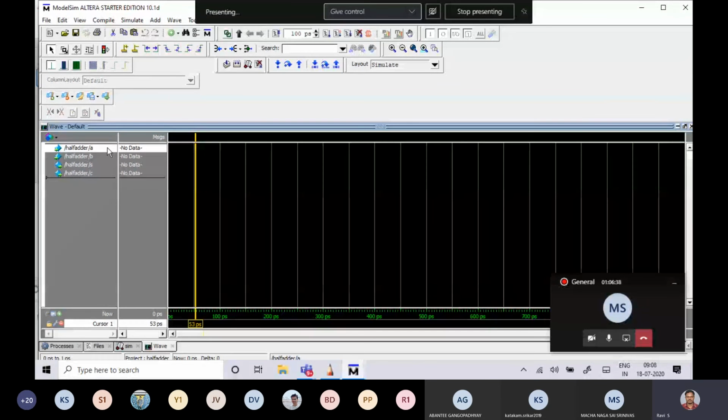The first methodology is using force to apply the input. Note down, using force, you can apply the input. Select the variable, right click, go to force. Select the variable A. You have to select only inputs. Remember, you should not select outputs and force them, because the tool needs to give the output.